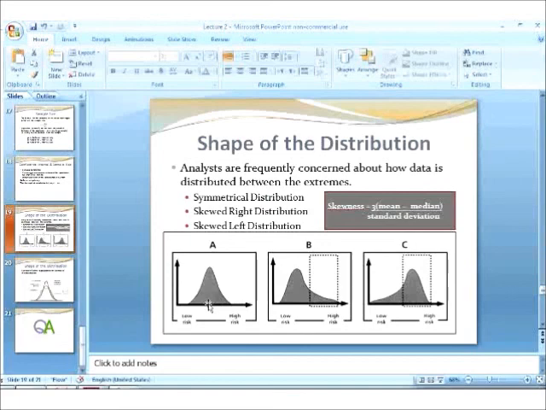In this type of distribution, the mean, mode, and median are all the same. They all lie in the center. In this case, the data is skewed more towards the right. The tail is more towards the right. So for example, if we plotted the data set of about some medicine or about